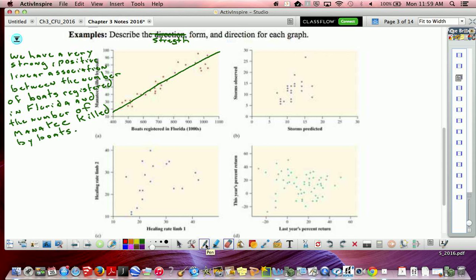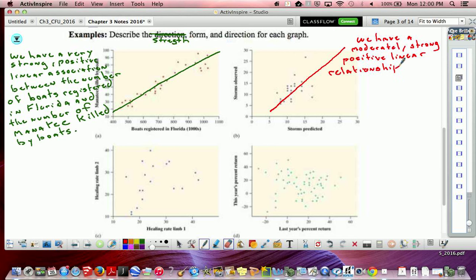So this would be like a weather forecaster. If we look here, does it seem like we still have a linear pattern? Yeah. It's not as strong as the first one, but is this one still pretty decent? Maybe moderately strong? Okay, I like that word. So we have a moderately strong, positive, linear relationship